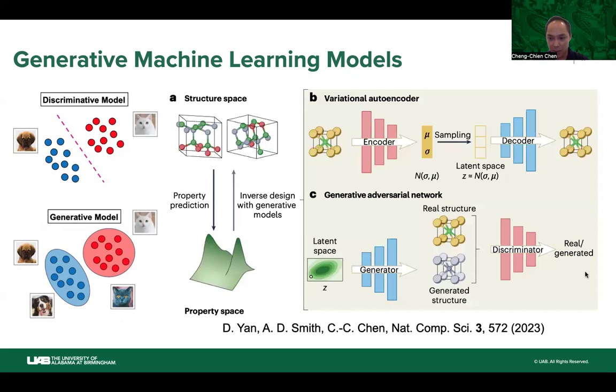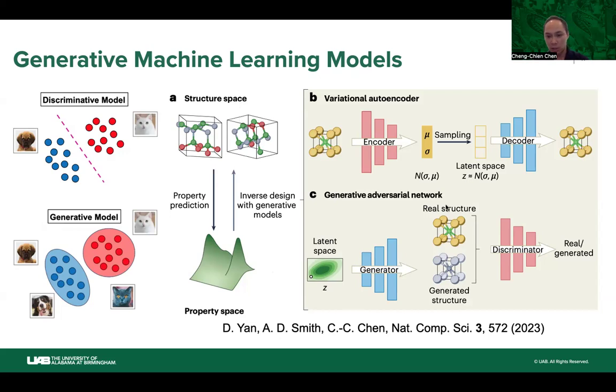In a paper published last year from my group in Nature Computational Science, we provided a mini review on the usage of generative models for crystal structure prediction. A typical machine learning task is that you start from crystal structures and do a forward property mapping with supervised learning to predict its property. In the future, we want to use generative models to start from a desired property space and perform inverse materials design to create the corresponding crystal structure needed for that functionality.